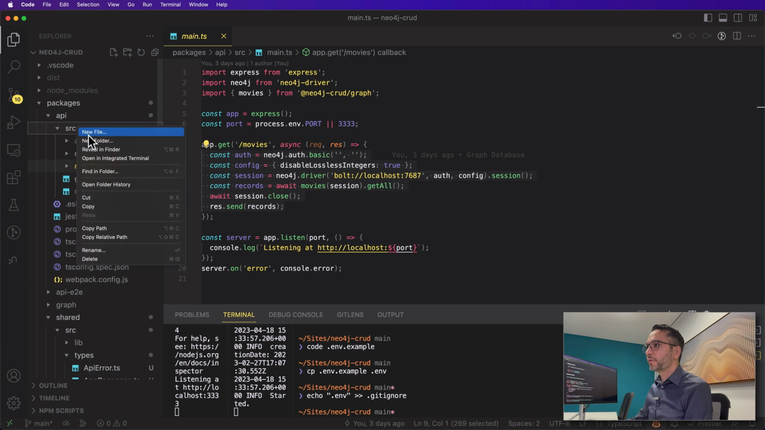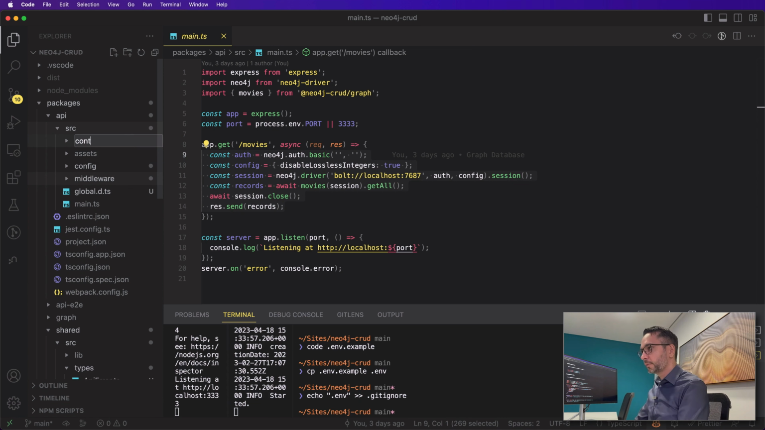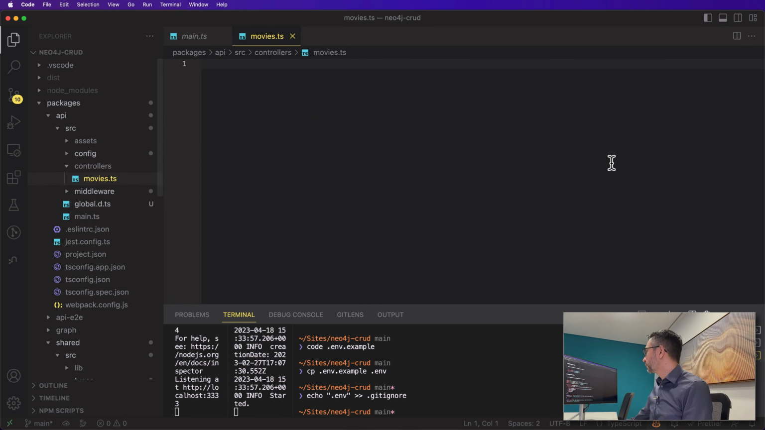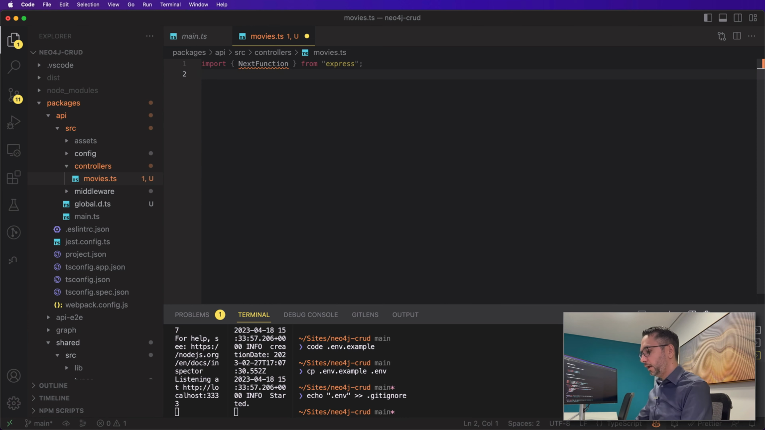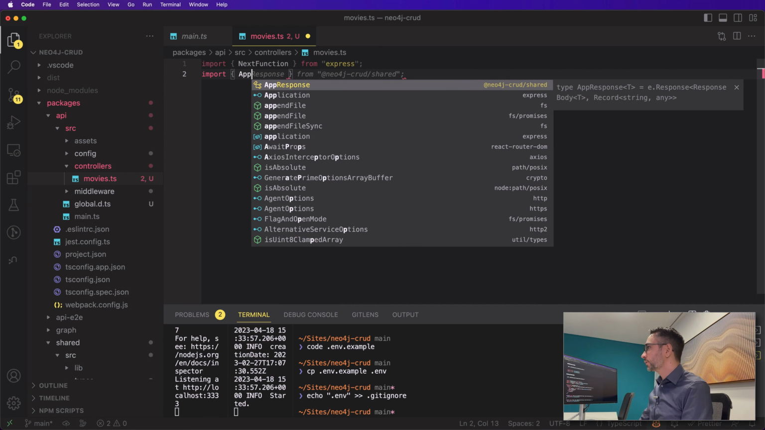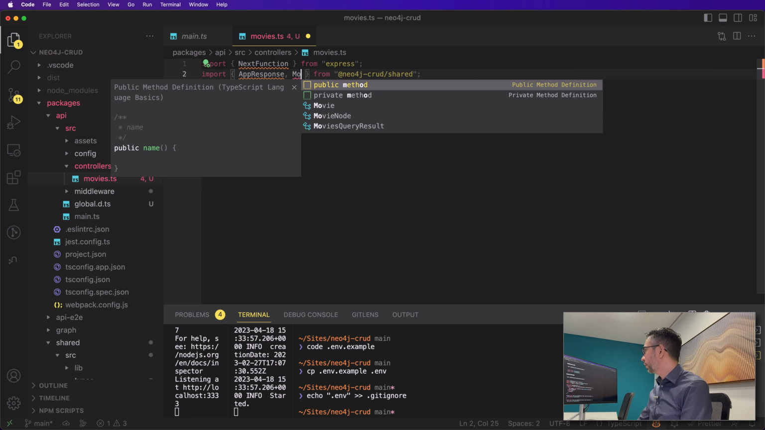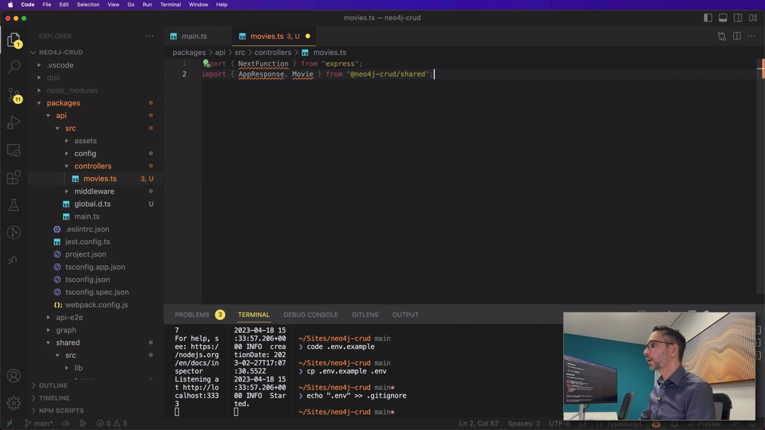So let's create a folder, controllers, and inside it let's create a file called movies.ts. This file needs to import the next function from Express. It needs to import AppResponse from our shared types, and as we are going to handle movies, we are going to import Movie as well, and we are going to import everything as graph